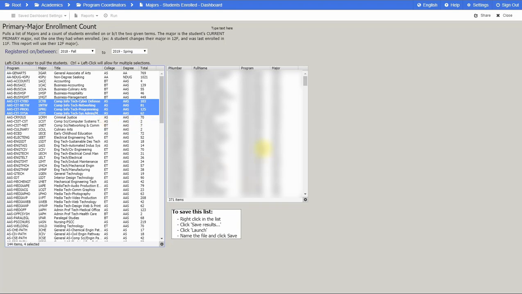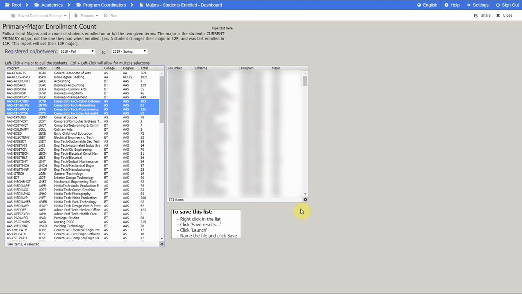The list of the CIT majors is published in the box on the right. As with any Argos web viewer dashboard, you can click on the gear in the lower right corner to download a CSV file that can be used in Excel or any other database application. You can then send that list of students to institutional research to obtain more information, directory information, or GPA.